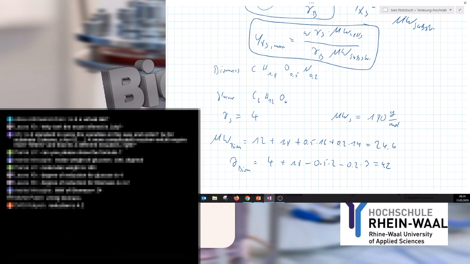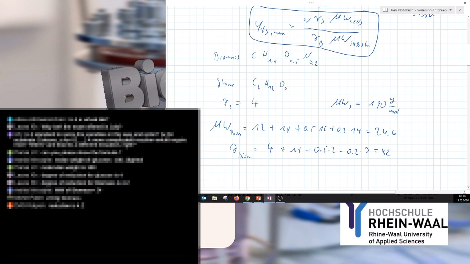So now things are very simple because we just need to put that in the equation. So we just need to go in this equation and we put everything in. So we have our Y_XS max is equal to, so we put the amount of carbons in our glucose. This is 6, for the degree of reduction of our substrate, which is 4. For the molecular weight of our cells, which is 24.6 grams per mole, by the way, I didn't put it here, so please just remember it should be there, 24.6 grams per mole divided by